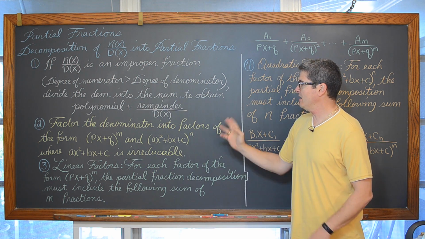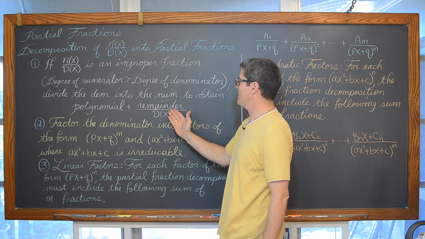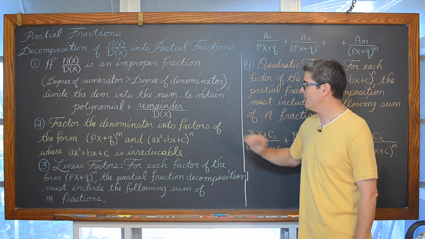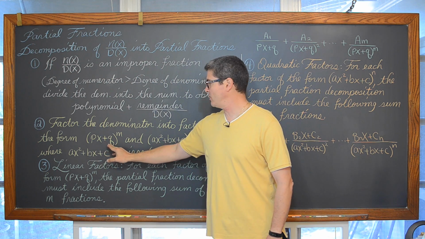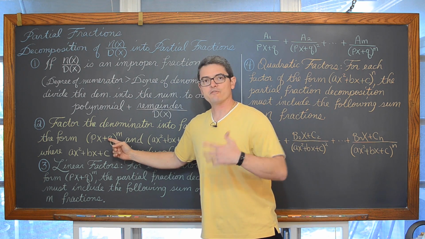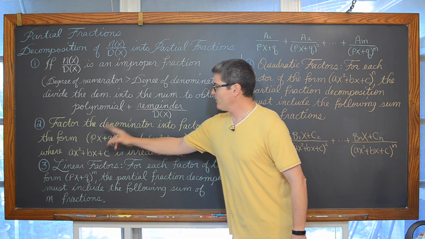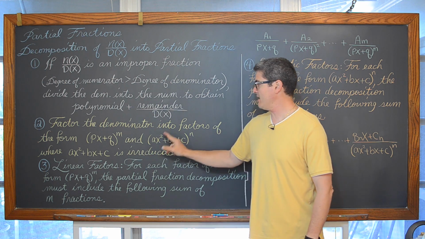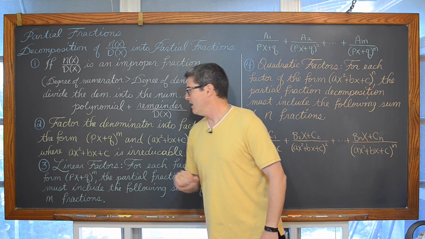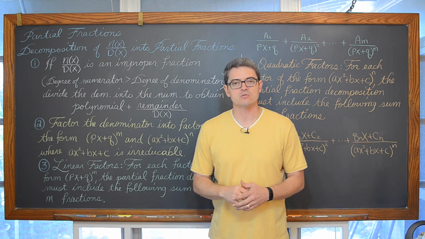Then we're going to take the remainder over D of x, or if it's just not an improper fraction, our integrand, our fraction, we're going to factor the denominator into factors of the form px plus q. So we're looking at x as a variable and p and q are constants, and we're going to factor it down until we have a bunch of factors which are linear or quadratic factors. That's what we're dealing with in our lesson. And we have (px + q) to the m power and (ax squared plus bx plus c), recognizing the standard form of a quadratic, to the n power, where ax squared plus bx plus c is irreducible, which means you've factored it as much as you possibly can.